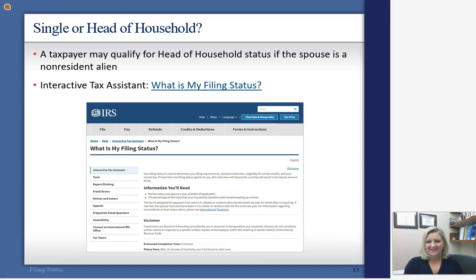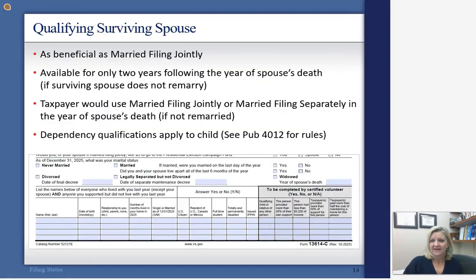There's another circumstance. You may qualify for head of household if you are a citizen or resident, but your spouse is a non-resident alien, then you may be able to file as head of household. I recommend, again, go through the filing status wizard or the link here to what is my filing status. All right,